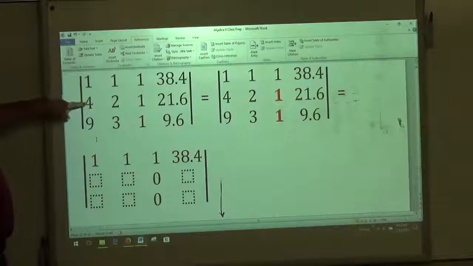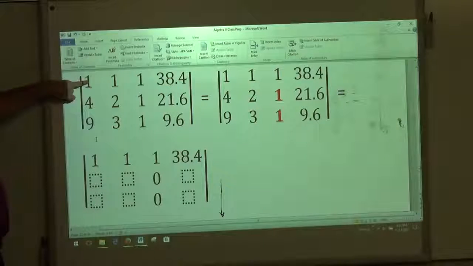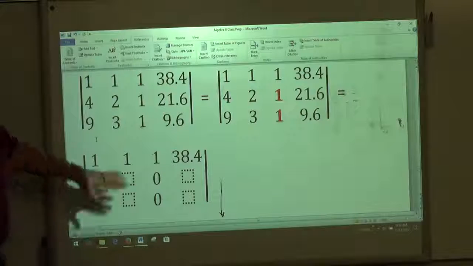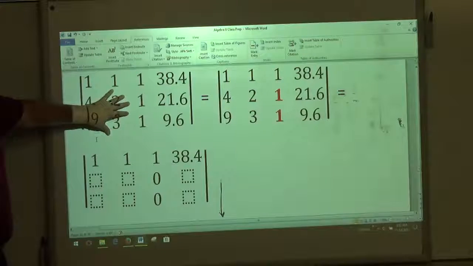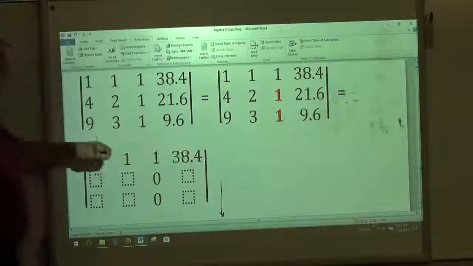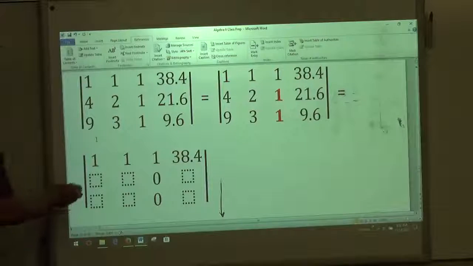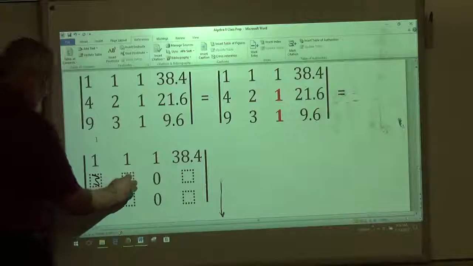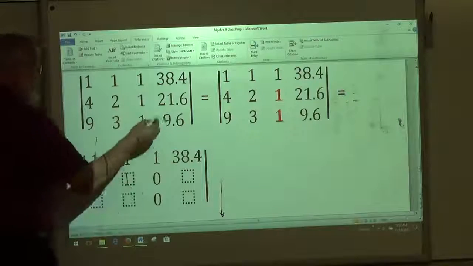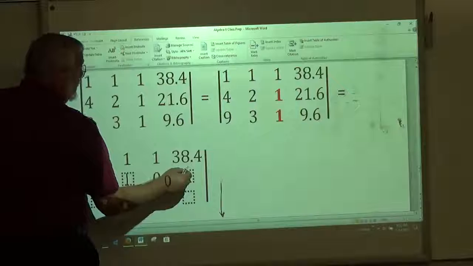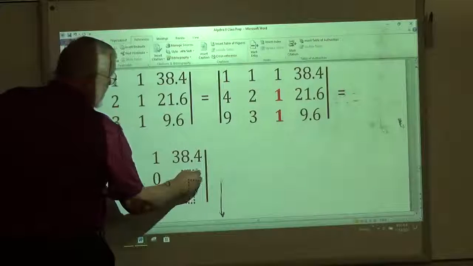If I take this number and subtract this number and put it in line 2, I'll have positives here and a negative there. I'd rather work with the positives on this side, personally. So what I'm going to do is copy that first line, and then I'm going to say 4 minus 1 is 3. 2 minus 1 is 1. And then 1 minus 1 is 0. And then 21.6 minus that is going to be